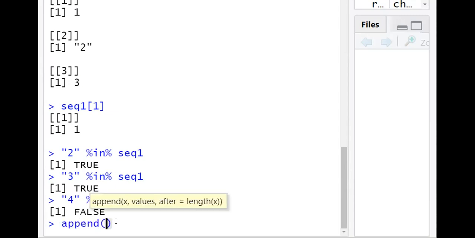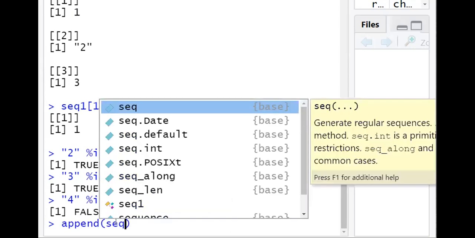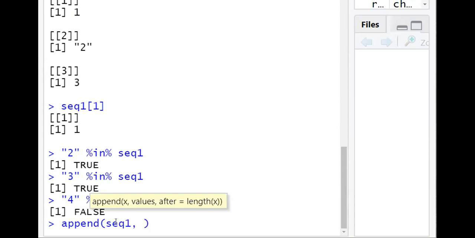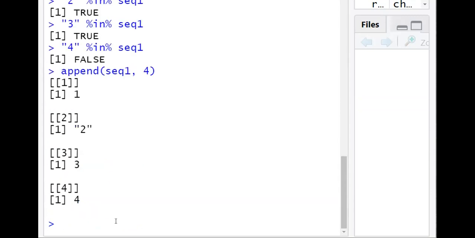For append, we have to give the list name, that is seq1, with the value 4. So 4 gets added and you can observe 1, 2, 3, 4 is there. When an element is added, by default it gets added at the end.